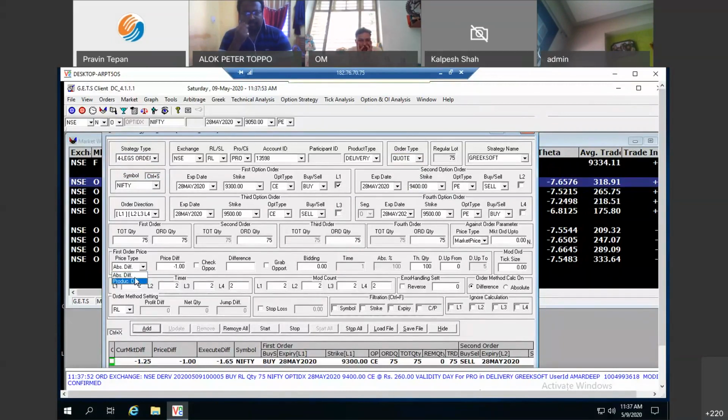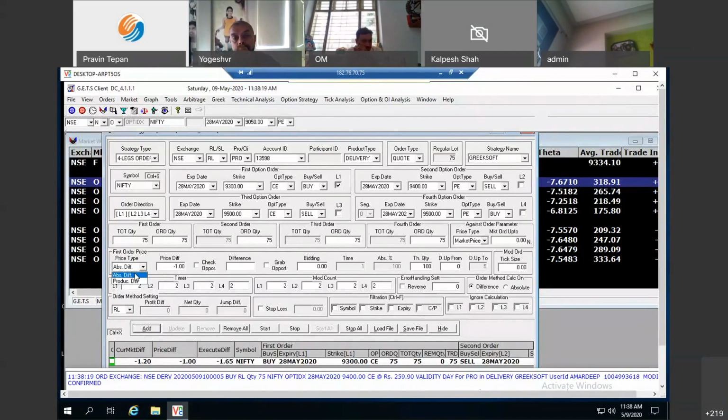Now, this price type I did not mention on the Alt Z screen as well. There's another price type. One is absolute. Absolute is when you do it in the same ratio. But whenever you do a ratio of 1:2, 2:3, or when the quantities are not the same, you always need to choose the price type as product difference.